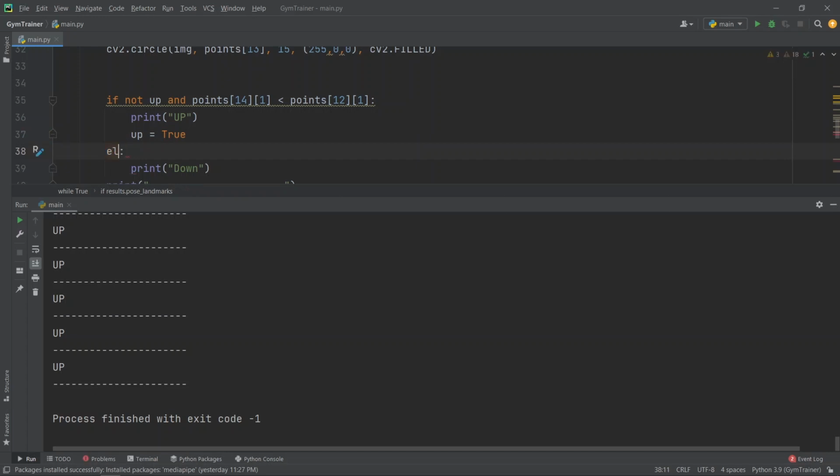Then for the else, we will change it to elif, and here we will check that if points of 14 and 1, the same point, is greater than points of 12